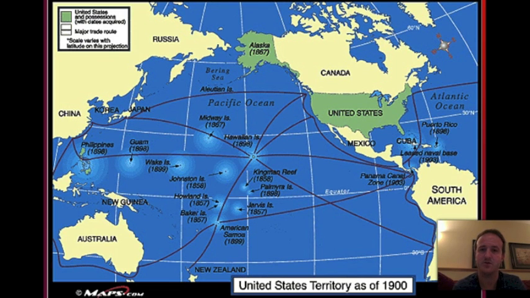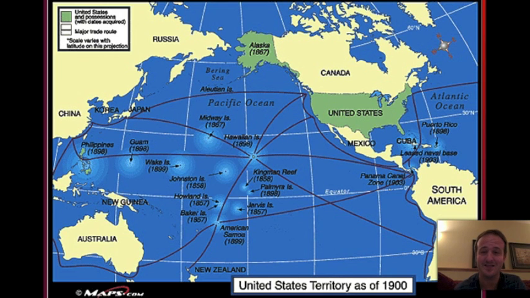Not a state, a territory. The second is the Hawaiian Islands, basically in the middle of your screen. And from the trade routes, all those red lines, you'll notice it's a very important trading route. And in 1898, the United States just happens to decide that the Hawaiian Islands are going to become a territory